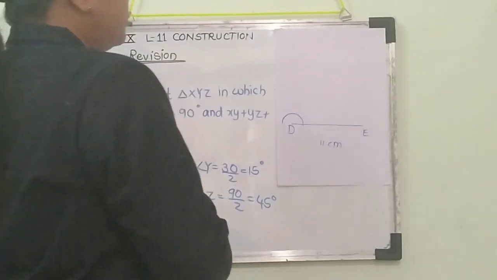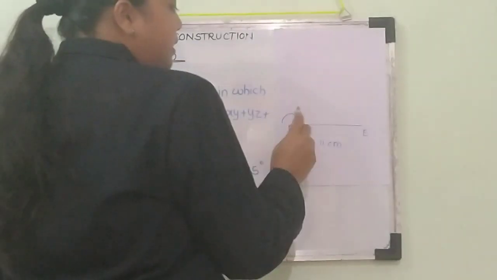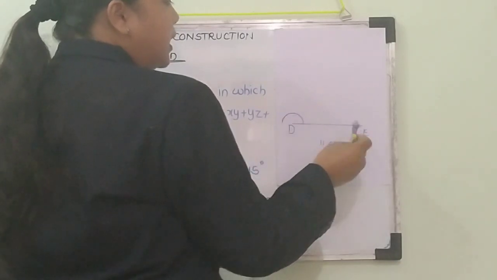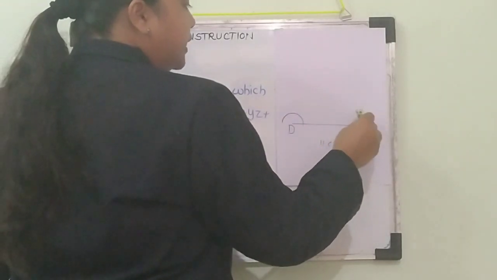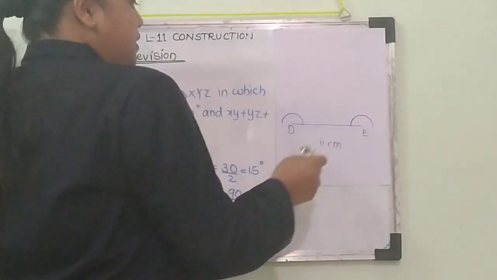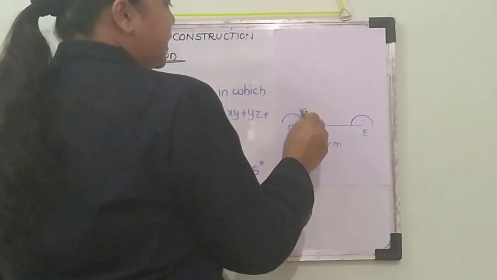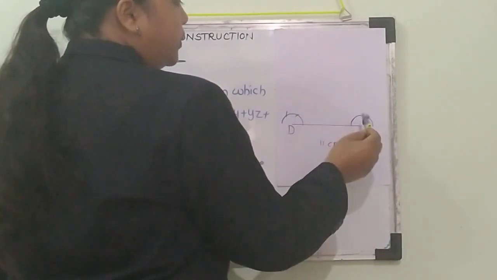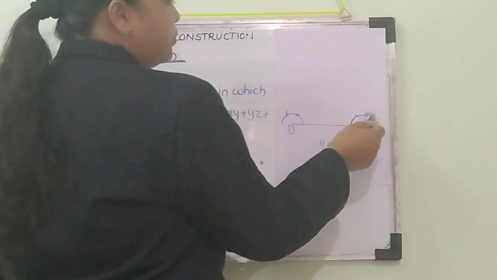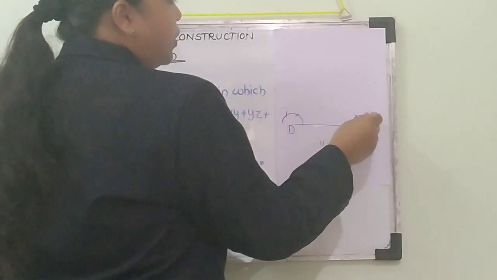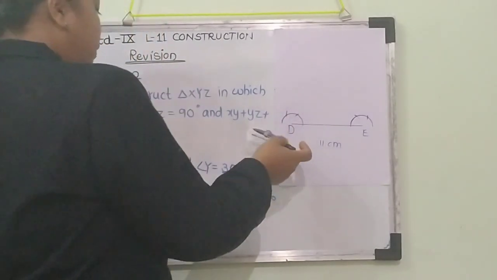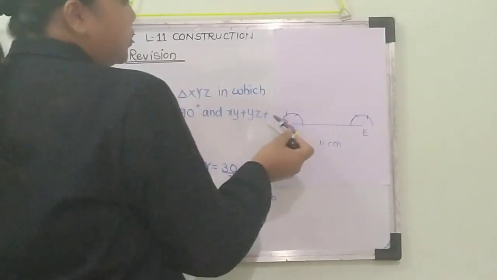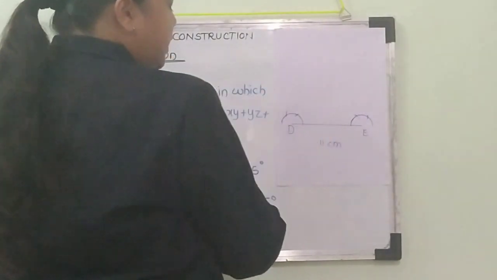see here first we know that we have to draw the semicircle. So from point D we have to draw the semicircle. With same point E we have to draw the semicircle. Then with the same measure we can mark the arcs which are of 60 and 120. Again from here also we get 60 and 120. Now from D, we have to draw the 15 degree angle. So it is of 60 degrees now.